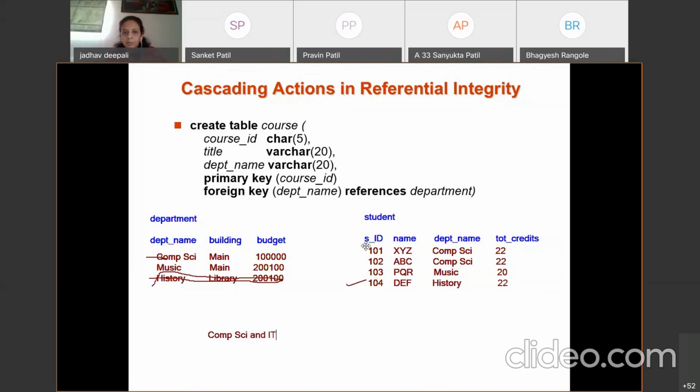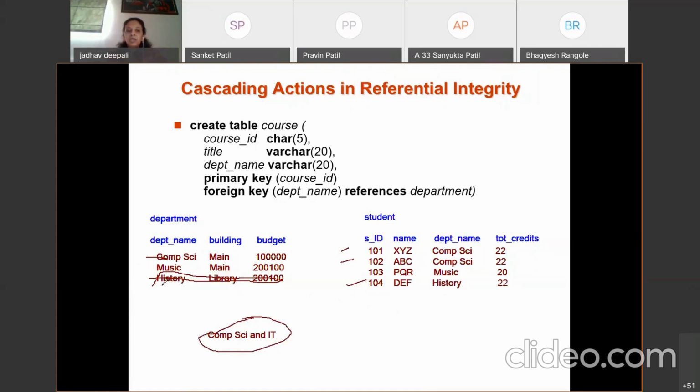What about these two students who are from this department? How can we change the name in this? Because it refers to this one, in that case it may create an error. It is not allowed to change this department name, because these students depend upon it and refer to it.